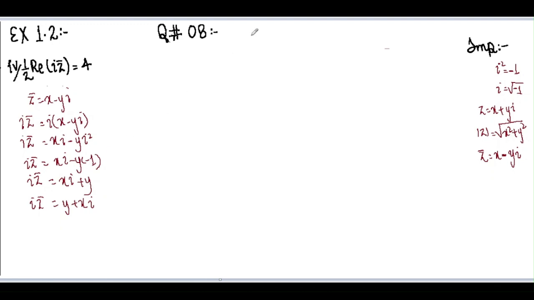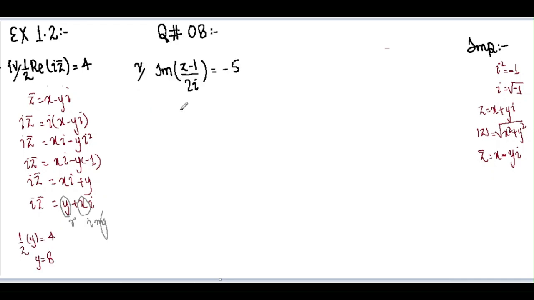Now here we all know that y is the real part and x is the imaginary part. So now continuing our solution, we have to find the real part of iota z bar. So real part of iota z bar is y, and we have to multiply it with 1 by 2 equals to 4. So putting it in this equation, we get 1 by 2 real part of iota z bar. So iota z bar is this and its real part is y. So putting y over here, y equals 4. Multiplying 2 with 4 over here, so we get y equals 8. This is our answer.